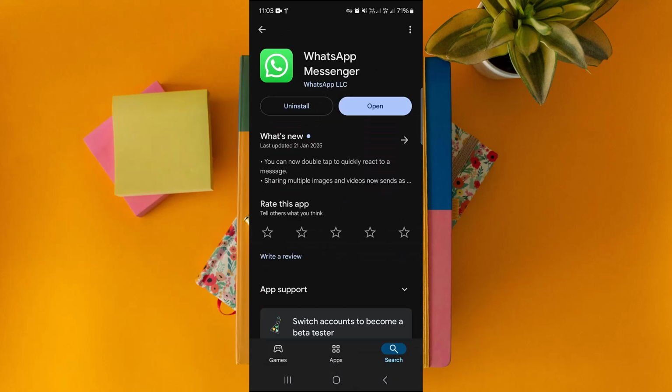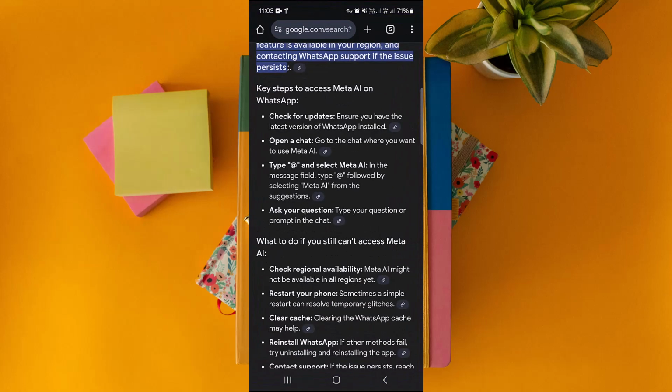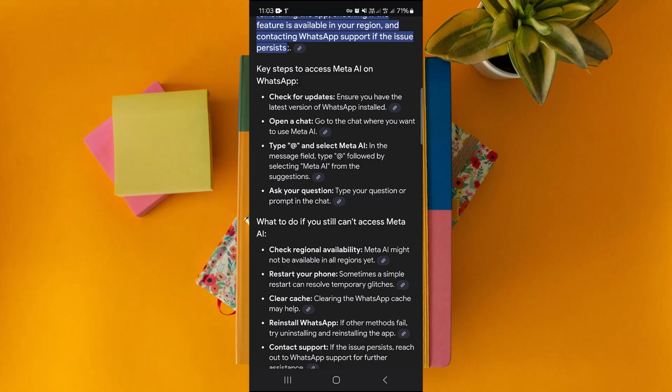And here, once you're there, if there is an update available, you'll see an update button right here. And just update your WhatsApp to the latest version. And go to the chat where you want to use Meta AI. In the message field, type @, followed by selecting Meta AI from the suggestions, and type your question or